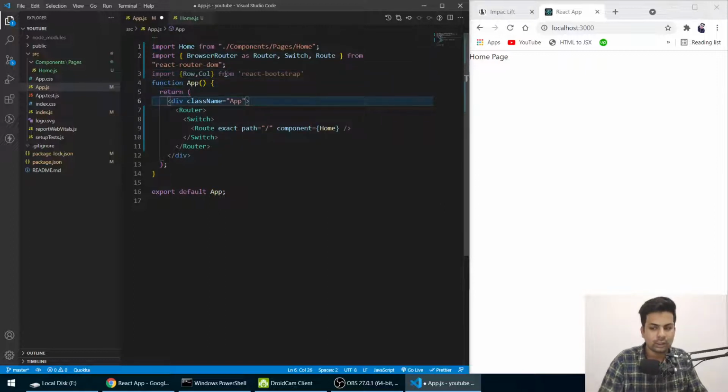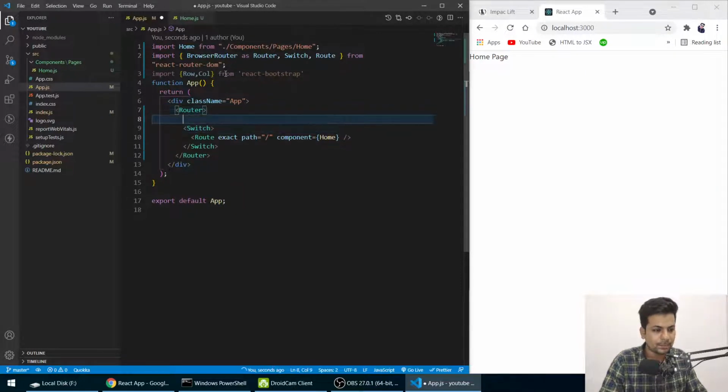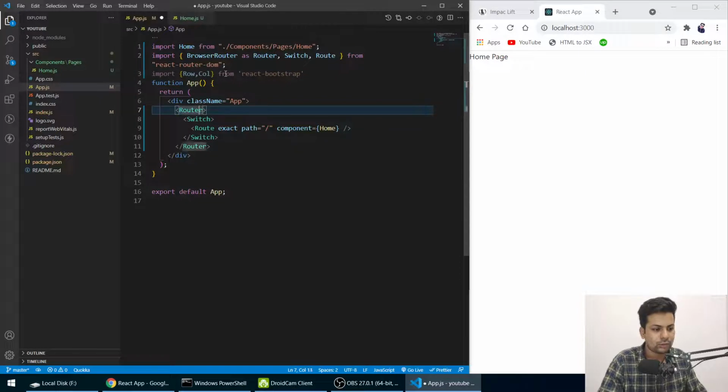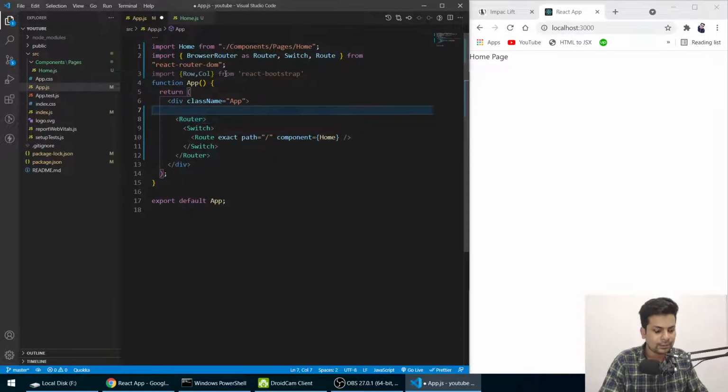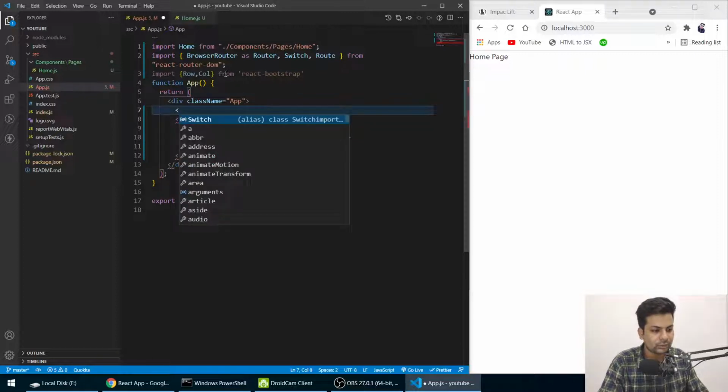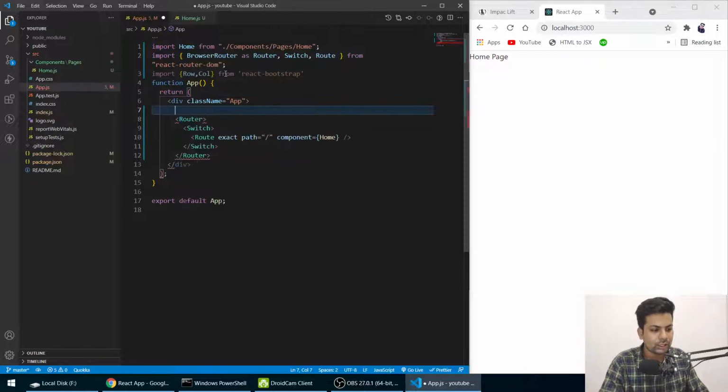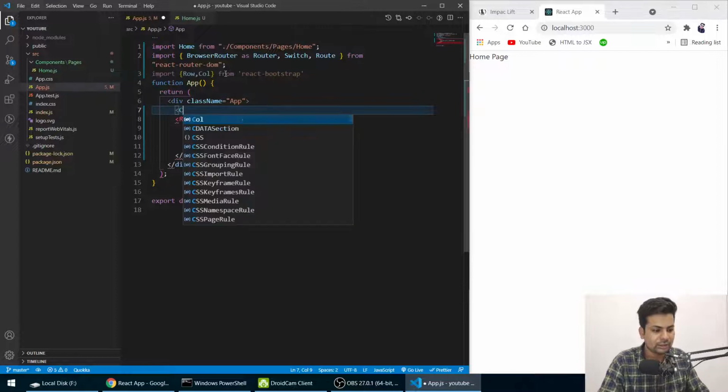Okay, now what we'll do, the whole thing, the router, we'll wrap it inside the container.